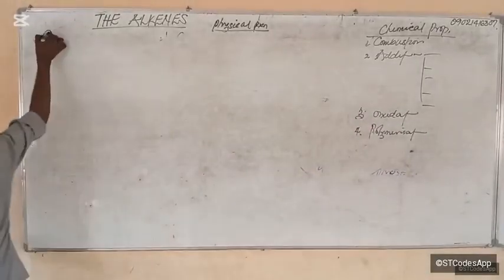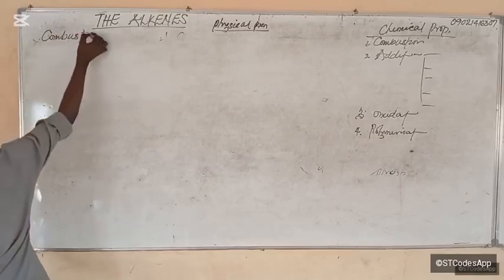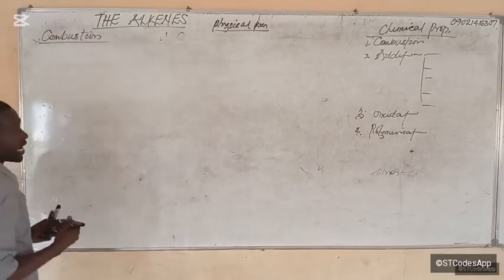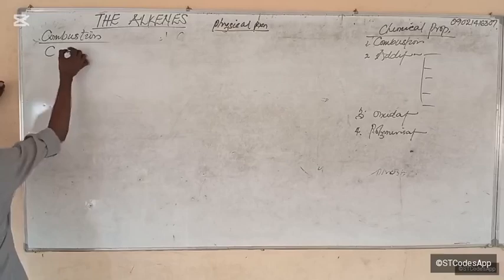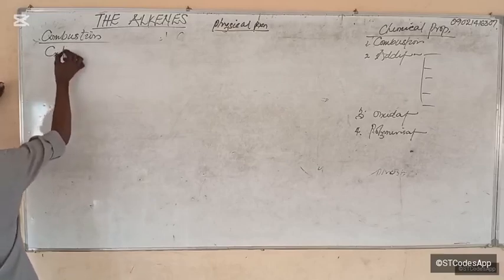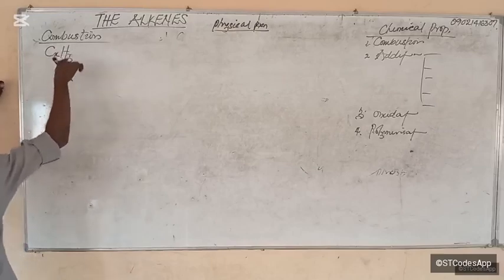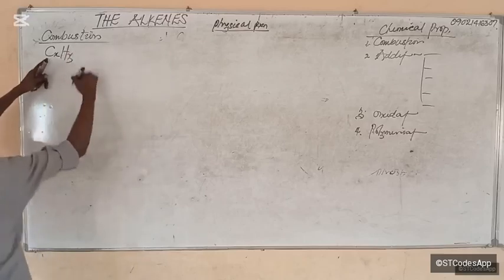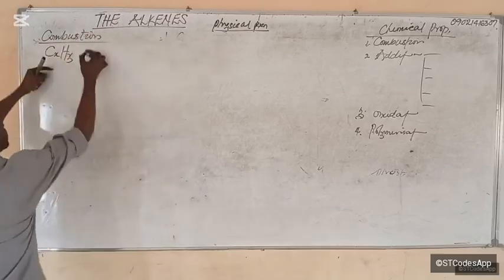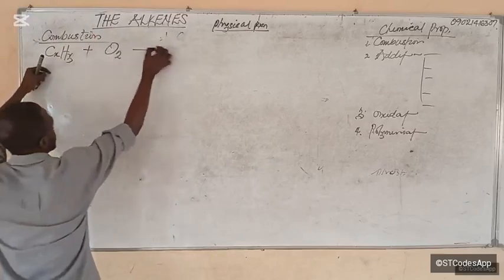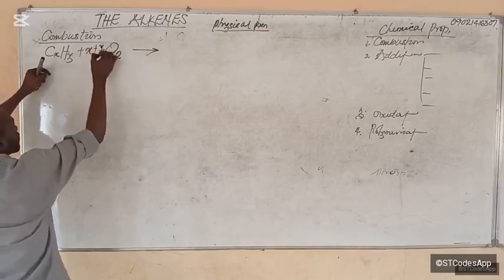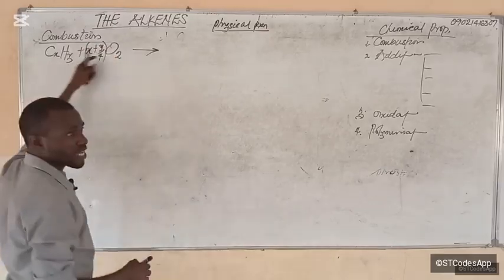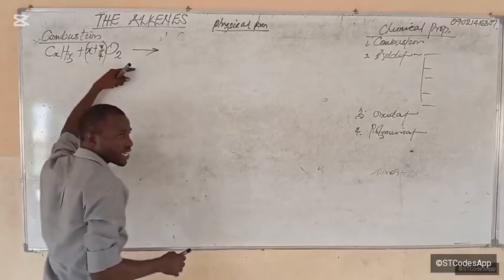Combustion reaction. I'm going to list the addition reactions, okay? Now the combustion reaction is just what? Our alkene, so let's say it was CxHy, a particular CxHy. And what you will see is when you add it to oxygen, you add it with x plus y over 4 oxygen, you will get carbon dioxide